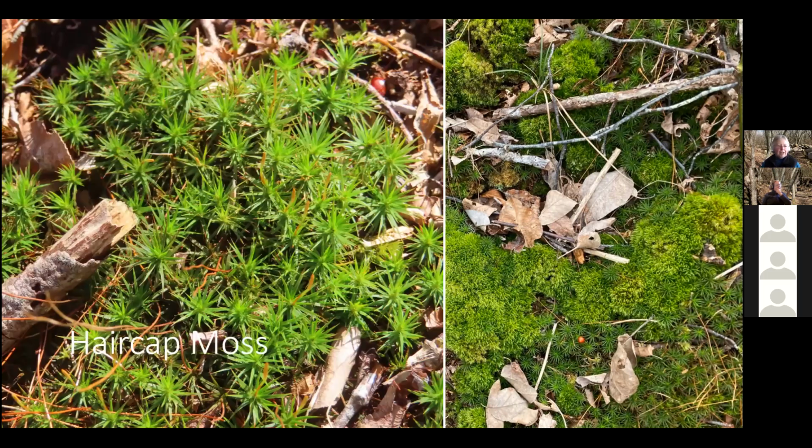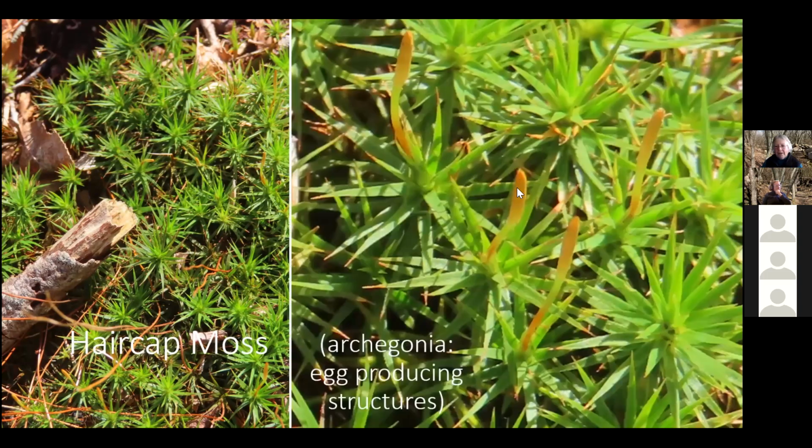And if you look closely at this haircap moss, you will notice that it has the female structure, the archegonia. This is where the single seed in the haircap moss is ripening. In the case of mosses, they have these stalks with a capsule, and a lot of times the capsules will have a little top, a little lid. They call it an operculum, and that will pop open, and the spores or the seeds will be released. In the case of the haircap moss, there's only a single seed in there, so it has a slightly different